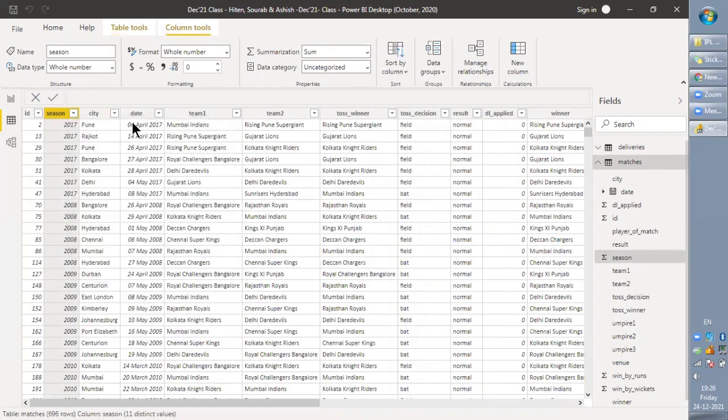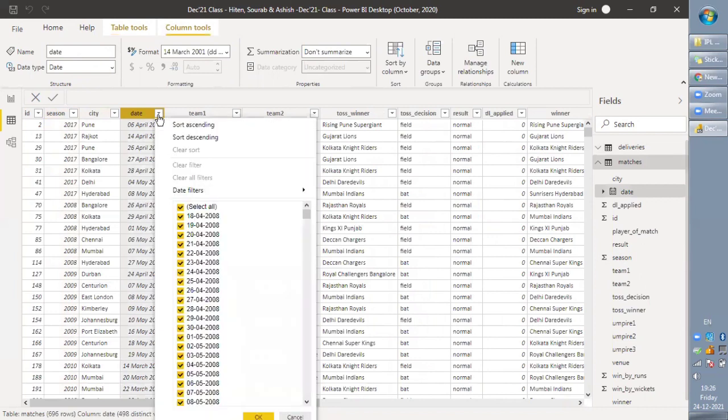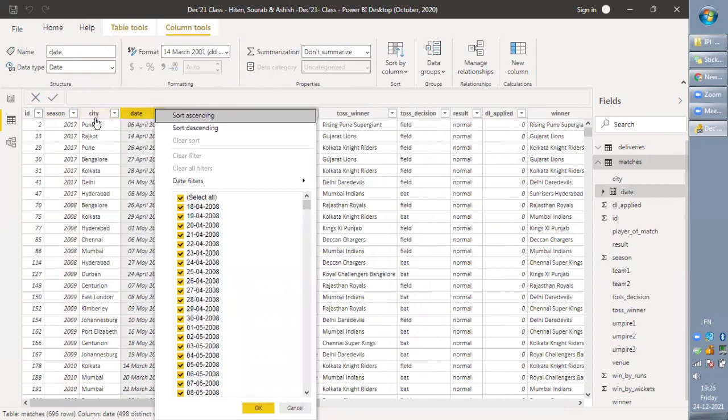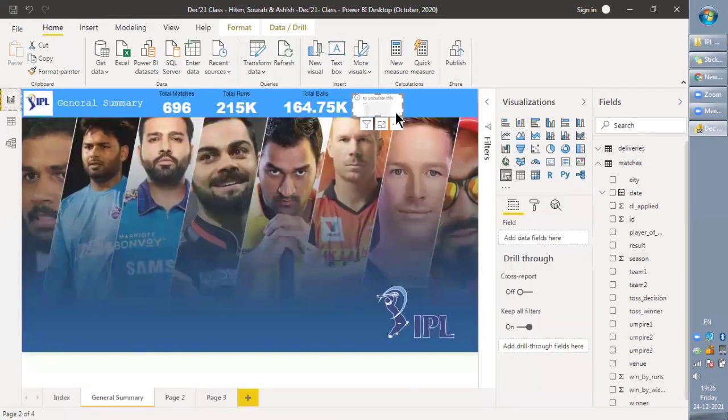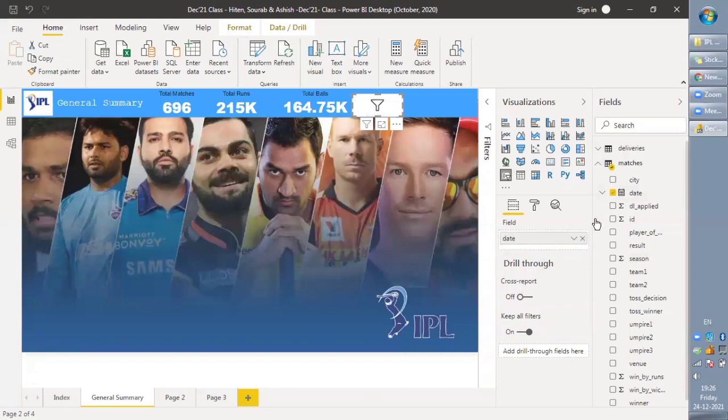And if we look at this, it is a date. We can also use this, but we will go with the seasons. I will show you. First, let me go with the dates column. If I drag and drop this here, it will give me a hierarchy to use.